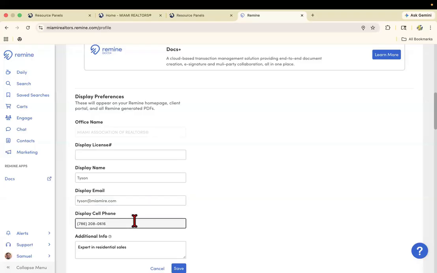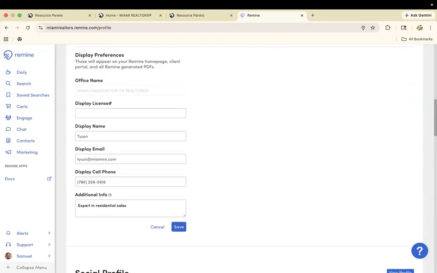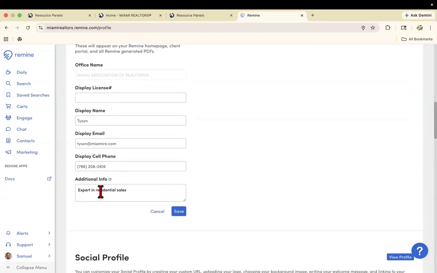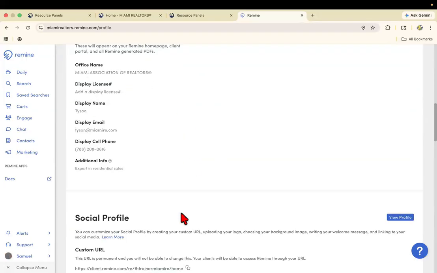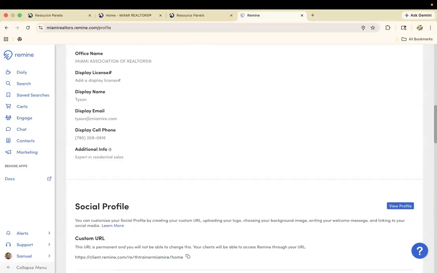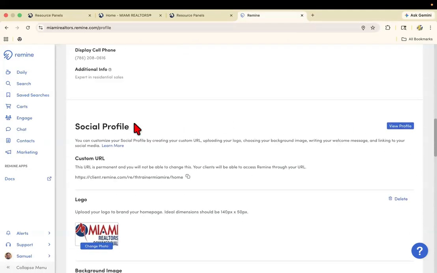I can include my cell phone number, and right here, as we scroll down, I also have the ability under additional information just to put a quick, straight to the point biography about myself. Okay, once I set up my preferred information in any reports that we generate, we click on save so it saves that information. Okay, now next up, we're going to go over this part nice and slow where you see